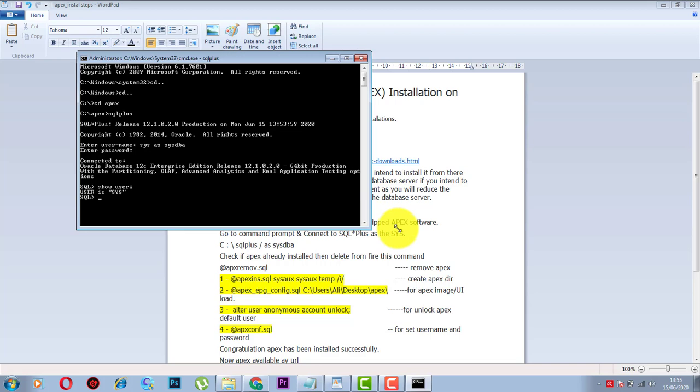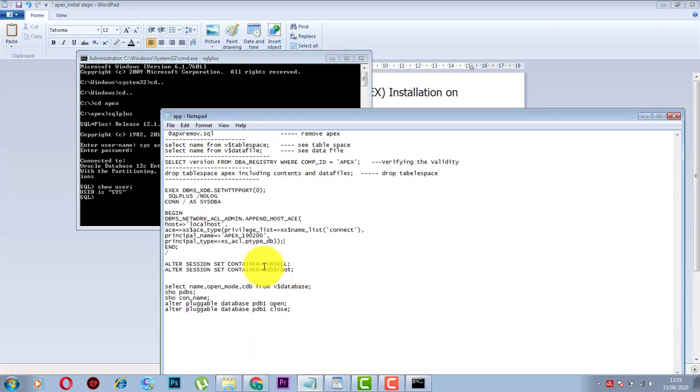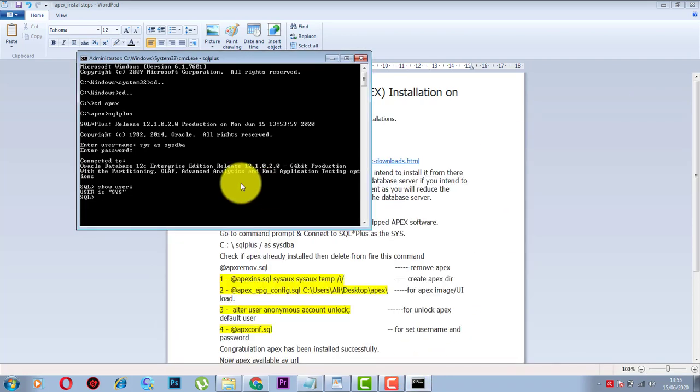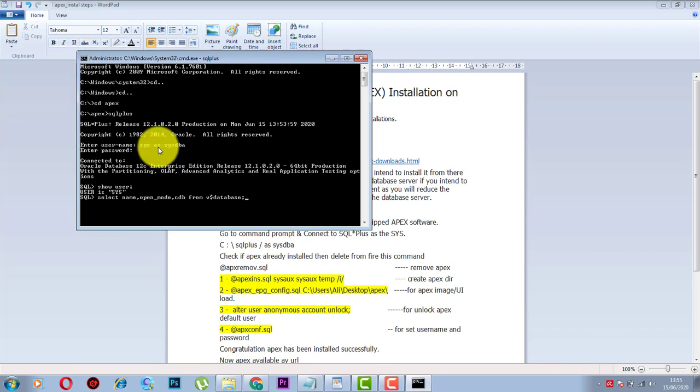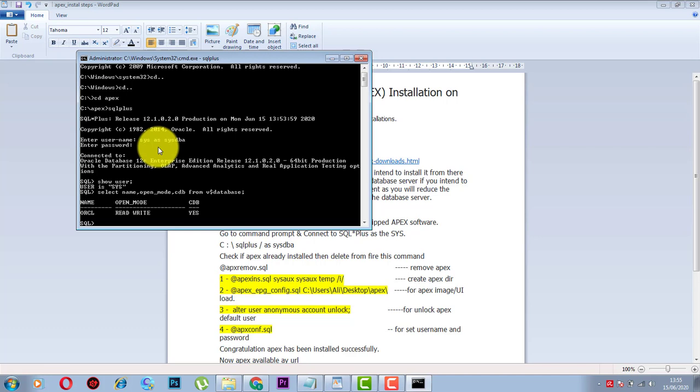Here we can see from this command we can check our database mode, whether we are connected with the container database or a pluggable database. You can see my container database is named ORCL and CDB, which means CDB mode open.